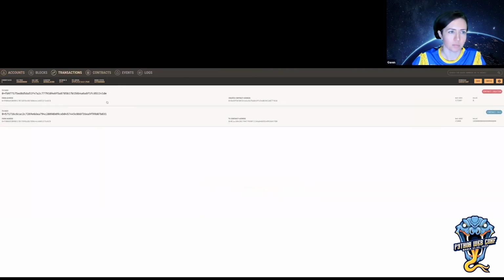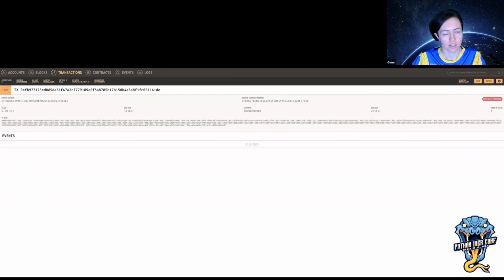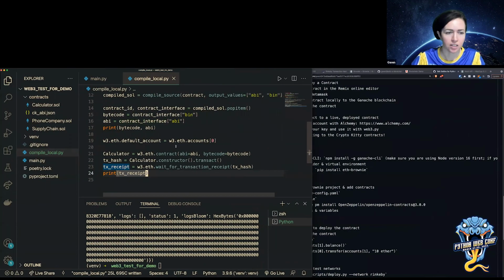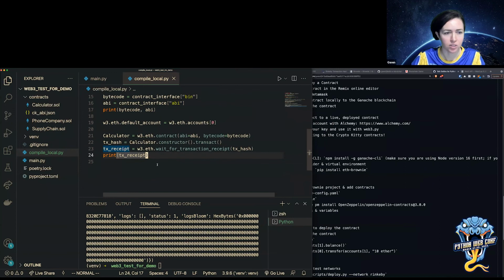Anyway, so that's my transaction that I created. So I can interact with that here now too. So if I, let's see, I'm going to use the API.